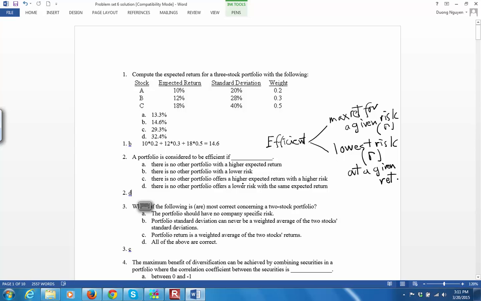return. Alright, so what is the answer over here? It is D: at the same expected return, the efficient portfolio is a portfolio that offers the lowest risk, meaning there's no other portfolio that offers lower risk. Alright,